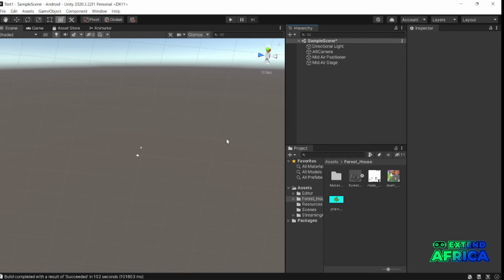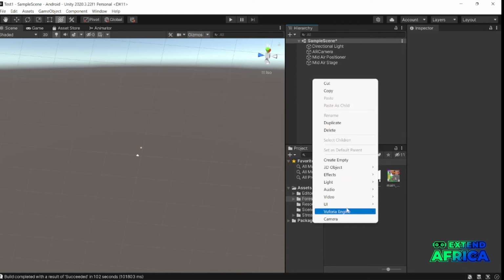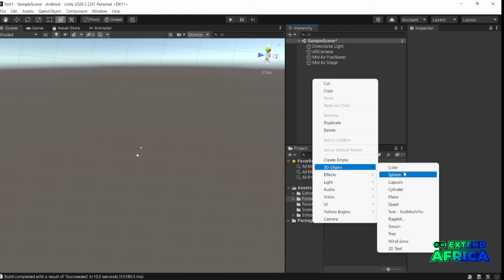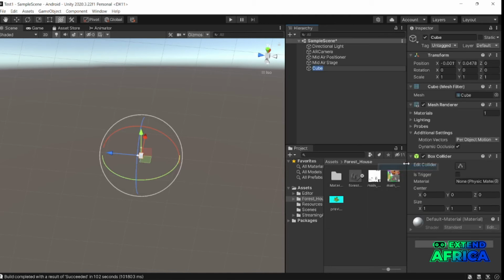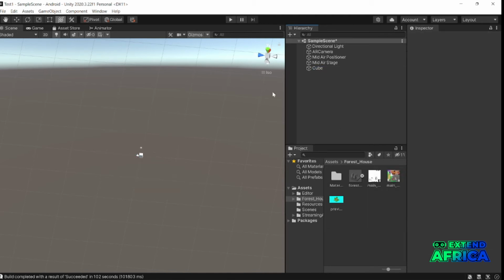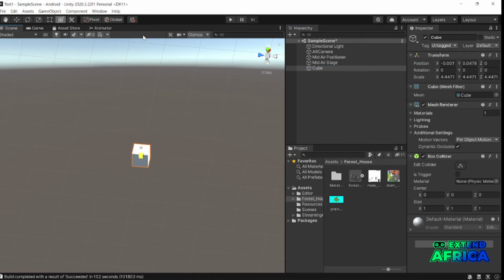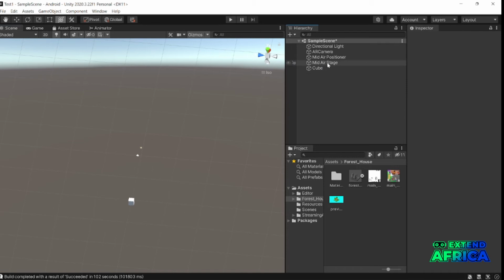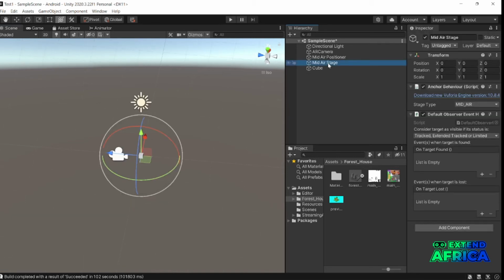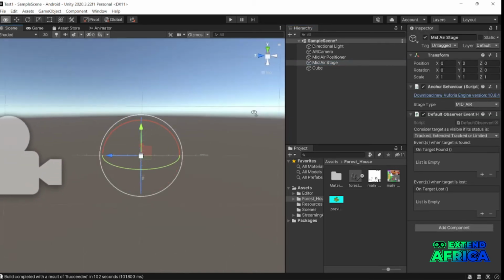Now what we have to do is we can have this 3D model. We don't want to have a building floating. So let's just call in a 3D cube. Let's do cube. Increase the size. But before we do that, double click on the mid-air stage. Once you do, you will see this